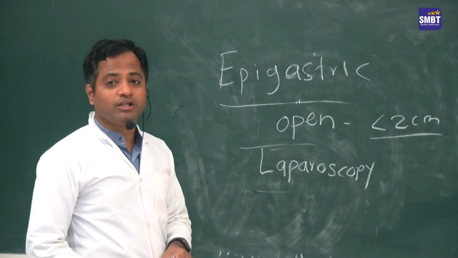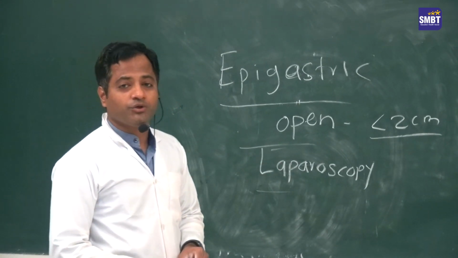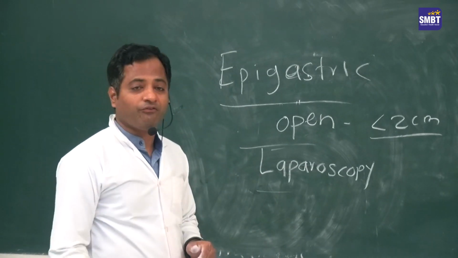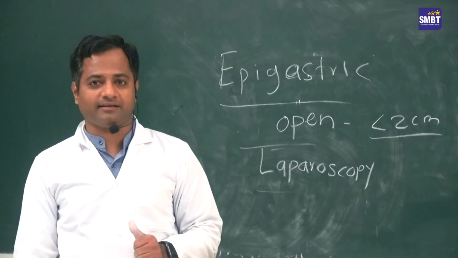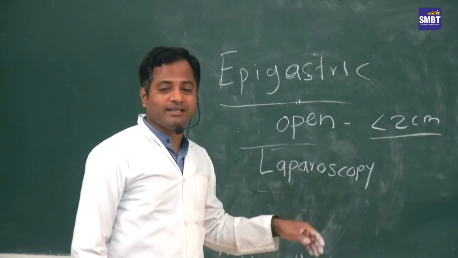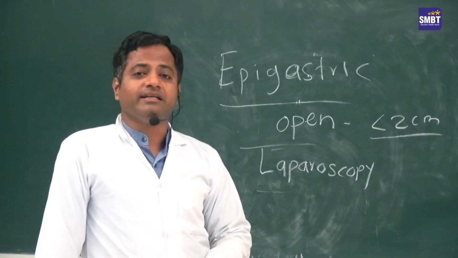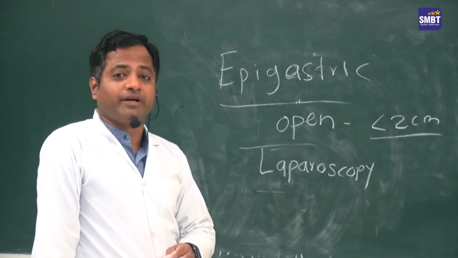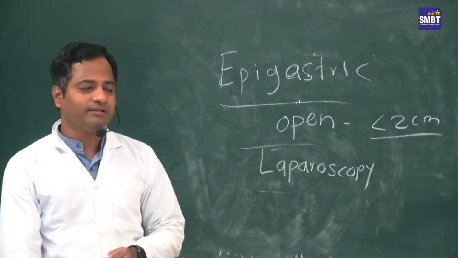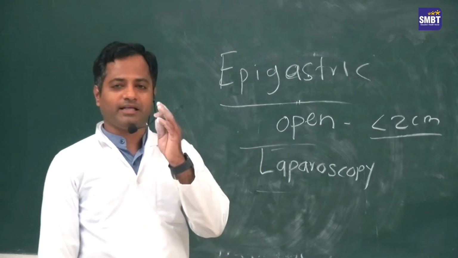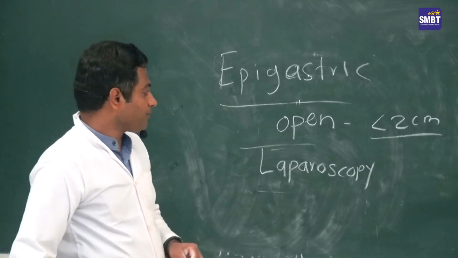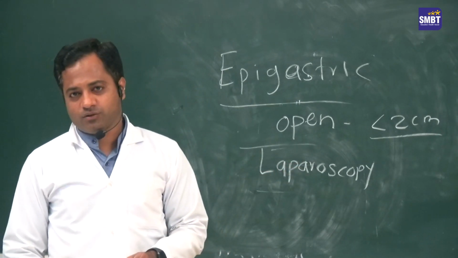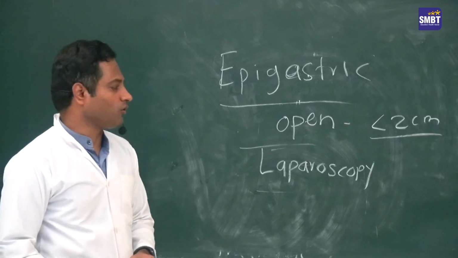So in that case, you need to incise the falciform ligament, incise the peritoneum, then go to the extraperitoneal space where you can identify the epigastric hernia sac. So laparoscopy is a skillful and tedious surgery in epigastric hernia, where you cannot identify the defect every time on the peritoneal side. So you need to dissect the falciform ligament and then the preperitoneal area to see the defect. If you identify the defect, then you can close the defect. If the defect is large, then you can put a mesh. Okay, but generally in epigastric hernia, mesh is not required.